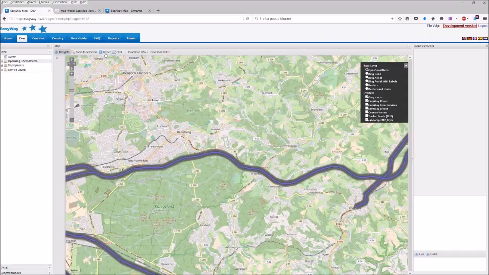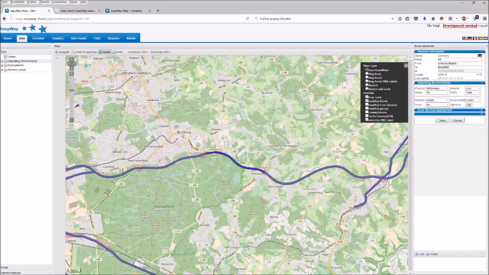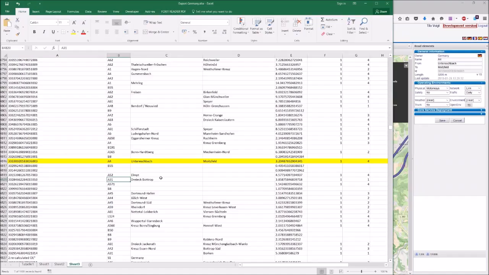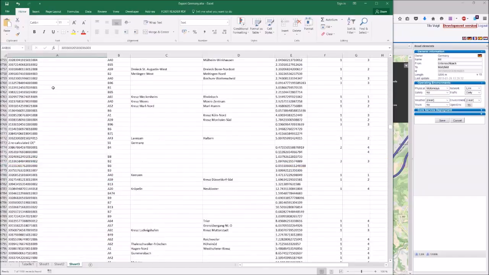If you now click on select and just click on this one segment element, you can see information on the right panel. And this information is exactly the information you just downloaded, but in a slightly different way. So if I switch back to Excel and put it next to it, you have,